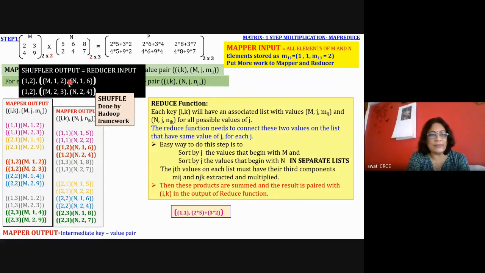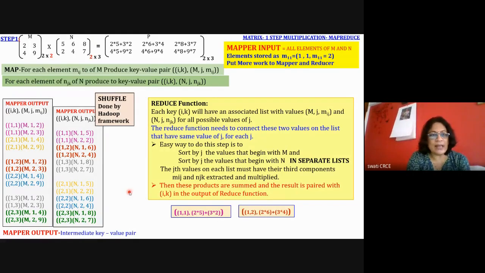So here the partial calculation is done. It will do the summation of these products, and it will create the output and store it locally on the reducer's side. So the final output 1 comma 2, the first row second column of the resultant matrix, is equal to 2 into 6 plus 3 into 4.